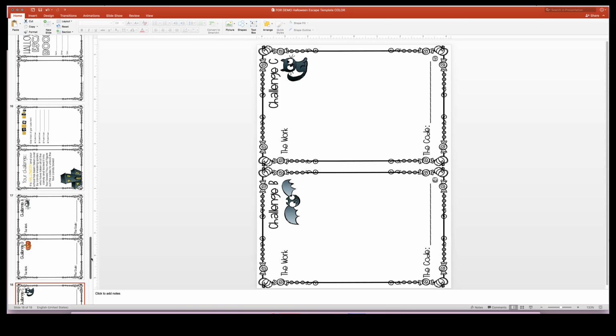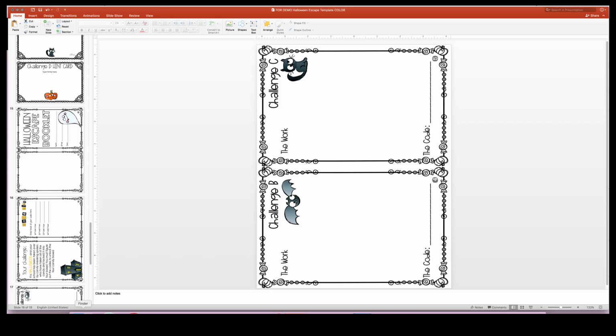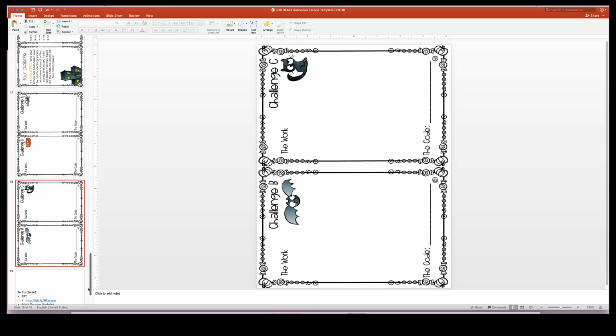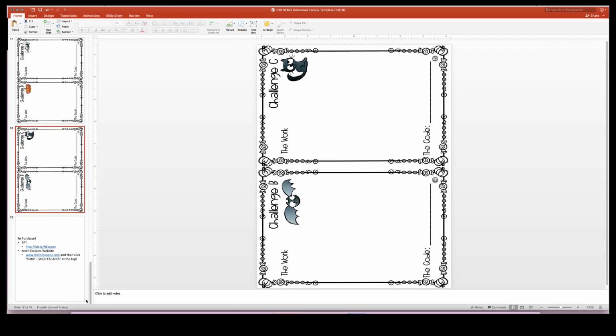So this is it. It does also include escape challenge signs. Let me see. I don't have that pulled up right now. So if they finish the escape, they can hold up signs and take photos,